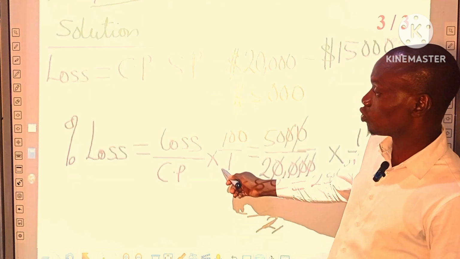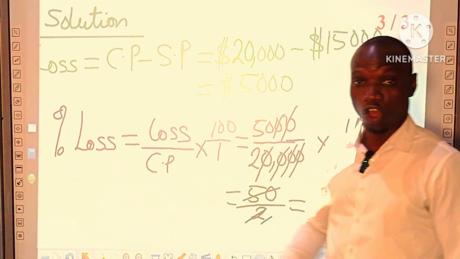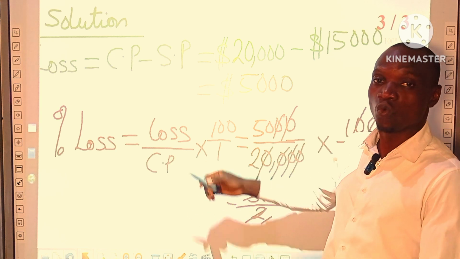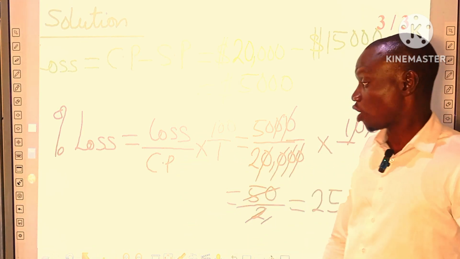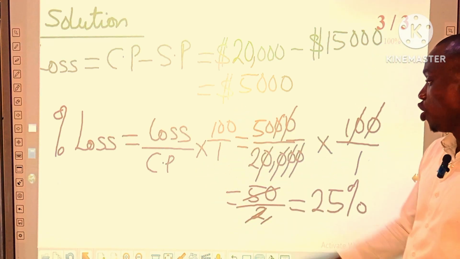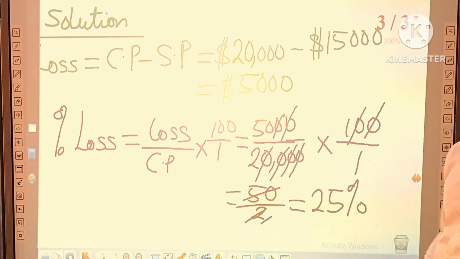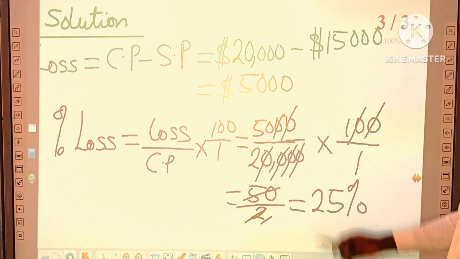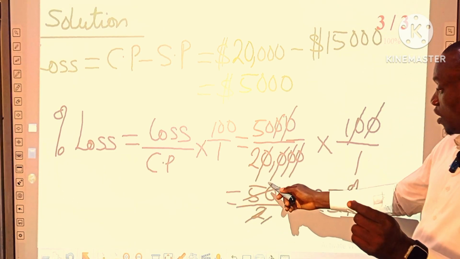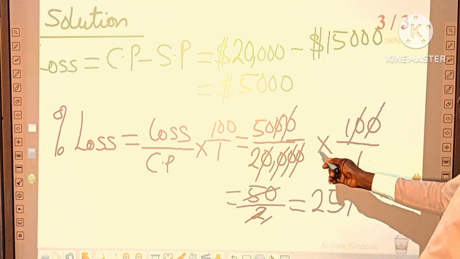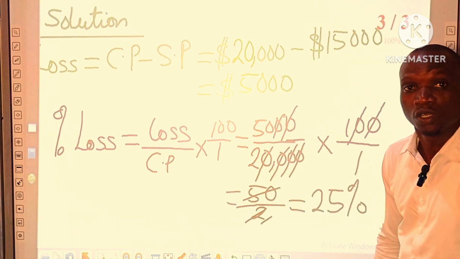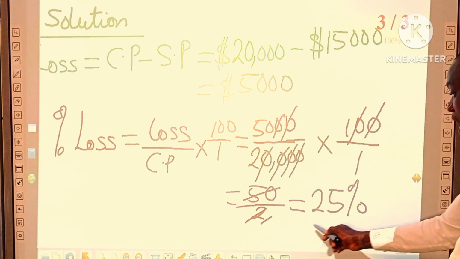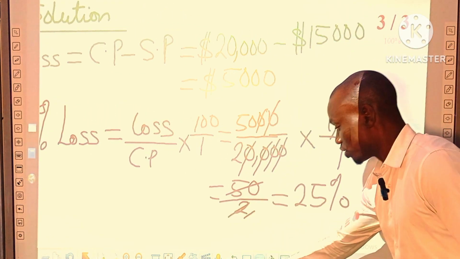Percentage loss is derived when we express the loss as a fraction of the cost price. So it is loss over cost price times 100 all over 1, which is $5,000 over $20,000 times 100 over 1, which gives us 50 all over 2. We struck off the zeros, and when we divided 50 by 2, our percentage loss was simply